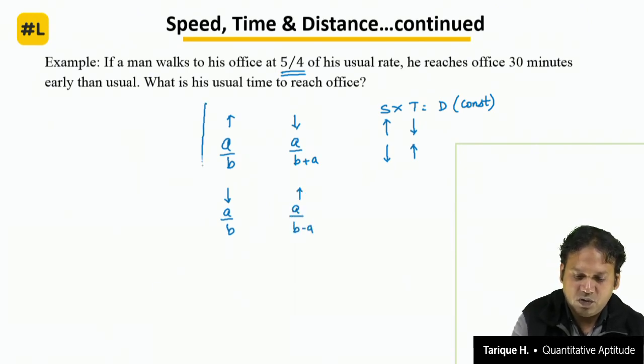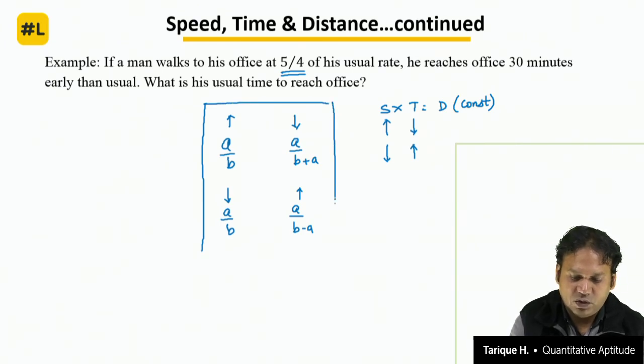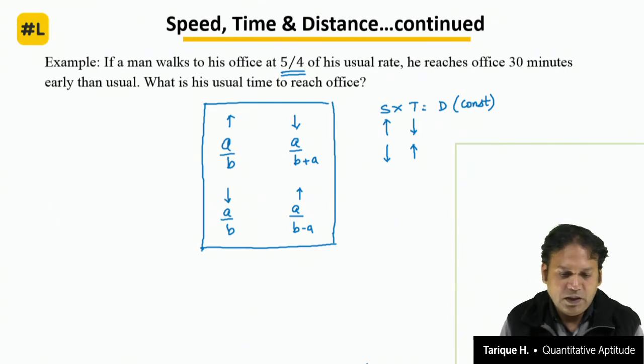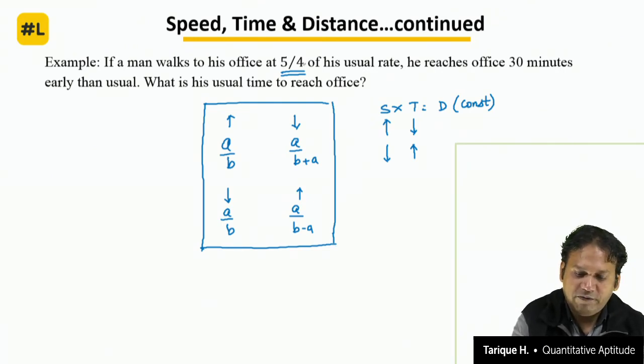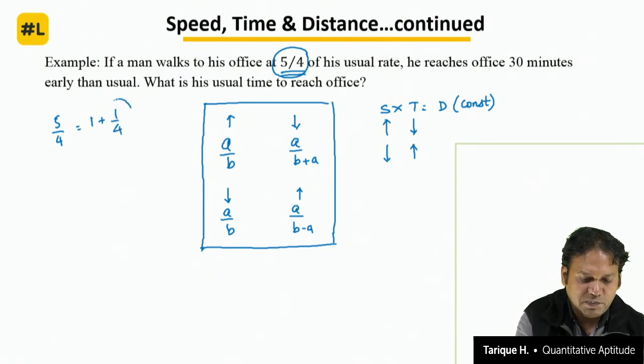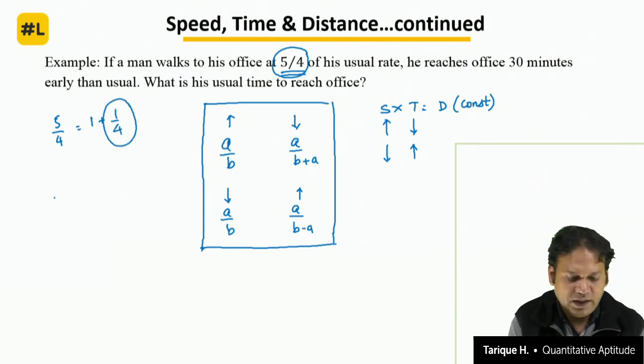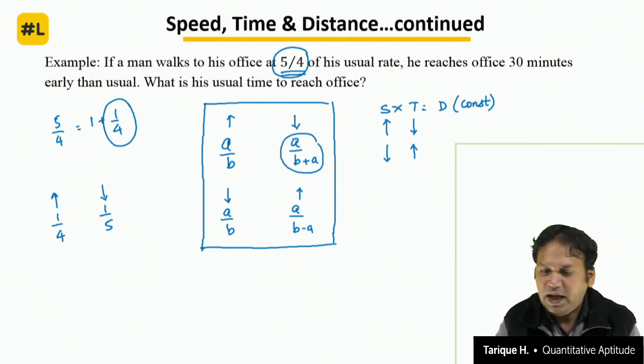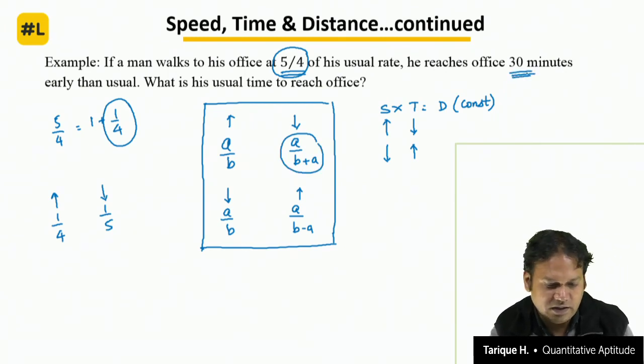This will help you in solving questions like the one you see on the screen within a maximum of 10 seconds. So you see here he is walking at 5 by 4 of his usual rate. So 5 by 4 is nothing but 1 plus 1 by 4. That means his speed has increased by 1 by 4. Increase is 1 by 4. So decrease, that is time, will decrease by 1 by 5, a by (b plus a), and 30 minutes earlier,